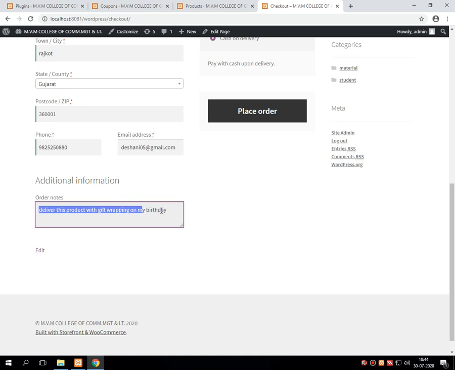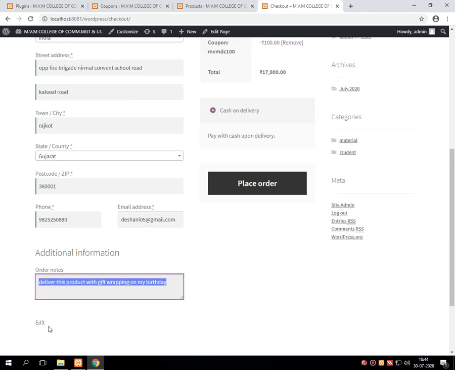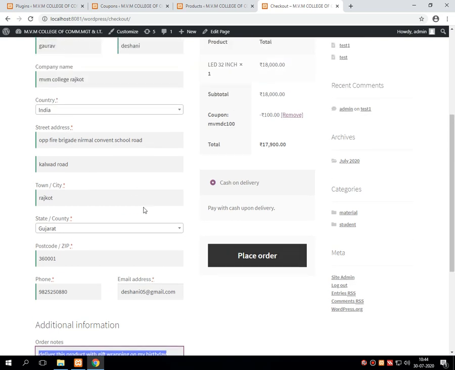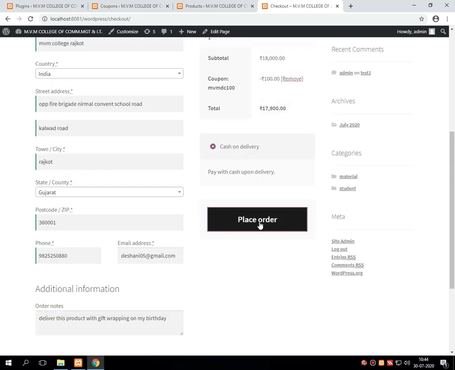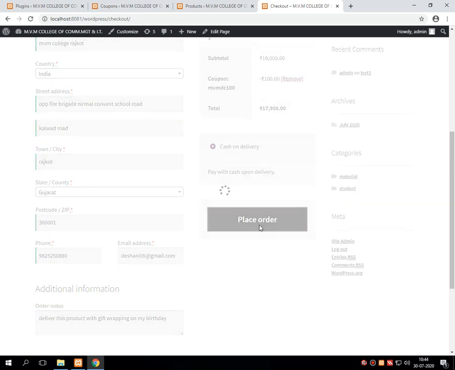This is a simple additional note that the user wants to give, which can be edited at any moment before placing the order. So I think my details are correct, everything is perfect. So I am simply placing the order.